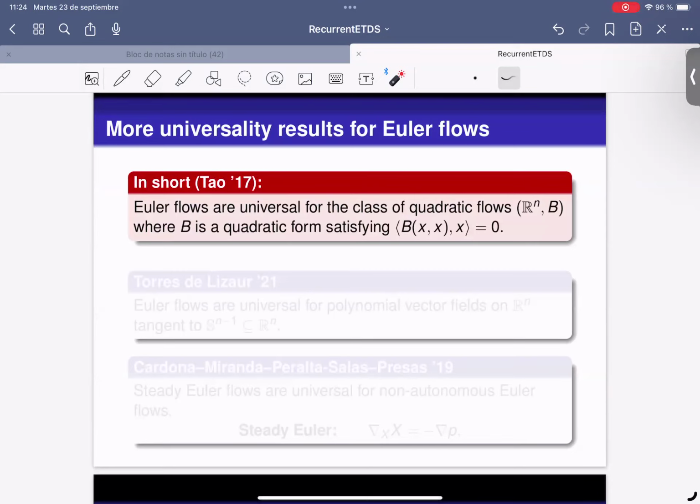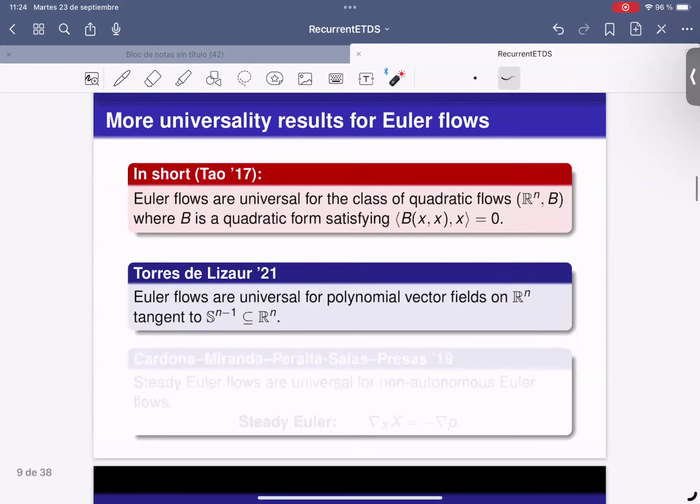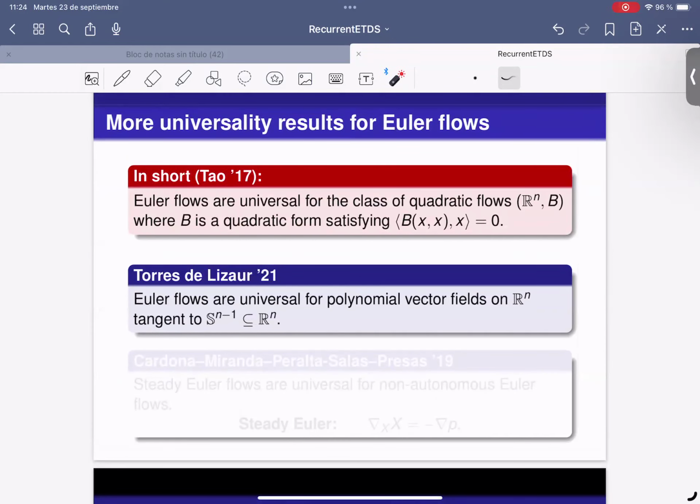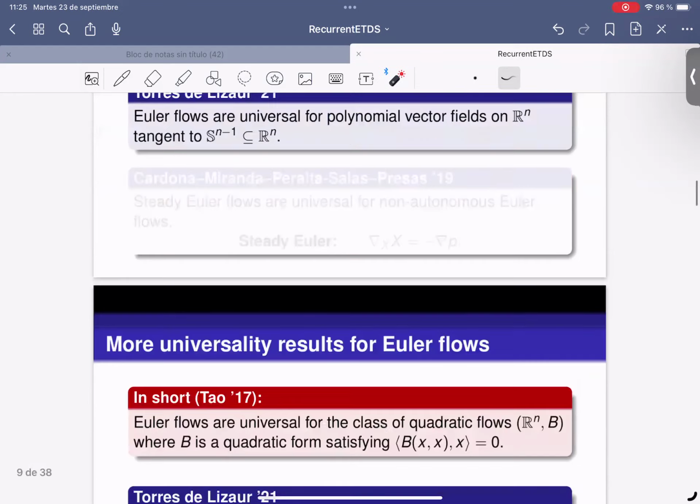There are many results about the universality of Euler flows. Let's say Paco Torres de Lizaur proved that Euler flows are universal for polynomial vector fields on Rn that are tangent to the sphere. This is very nice because it implies that Euler flows are chaotic, because you can construct chaotic flows using polynomial vector fields with this property. So using this idea, he proved that Euler flow is chaotic. And also,